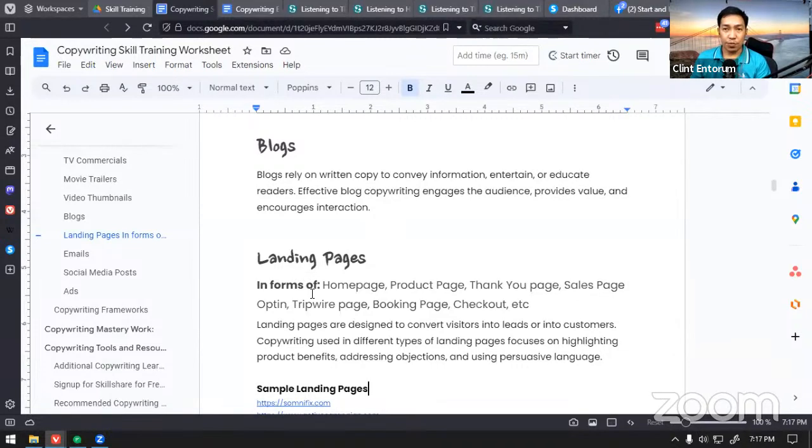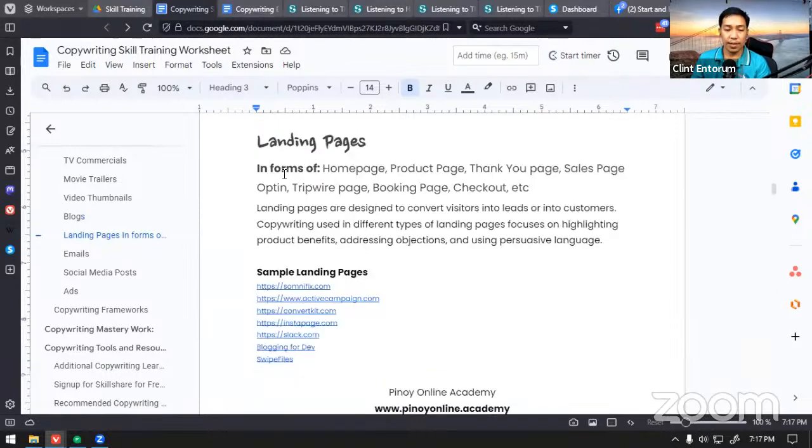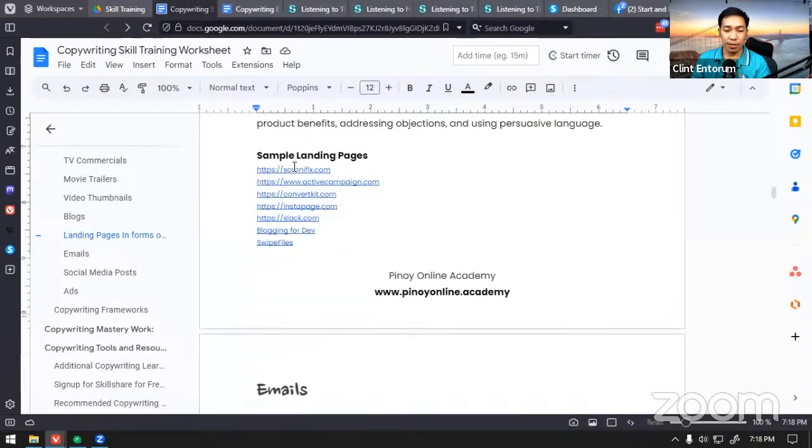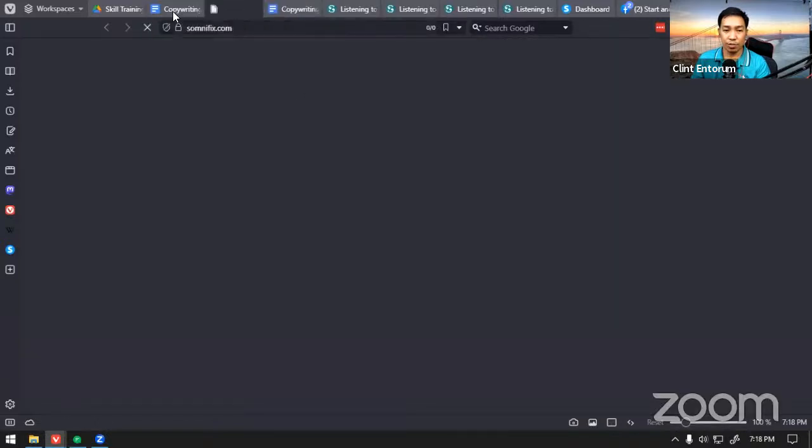Because copywriting is more likely to persuade people to take action, to purchase something, or to download something. Okay, so I will have more examples later on. For example, in landing pages. In our online jobs, for us freelancers and virtual assistants, both, you could be in this. When you have a copywriting skill, you'll be able to help in building landing pages because you're able to craft copy for a page. For example, here are some sample pages that you could look at.